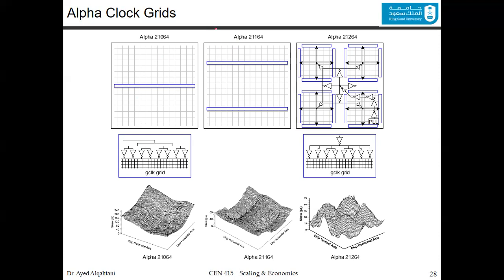In the newer version, we have two of them. In the newest one, we have a more complex grid where the clock is generated from here, after having the PLL, which boosts the frequency. It goes through this line or this wire up to this point. Notice that we have inverters. And this is actually something we talked about